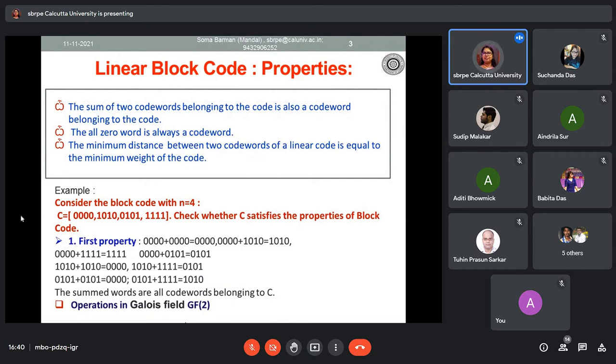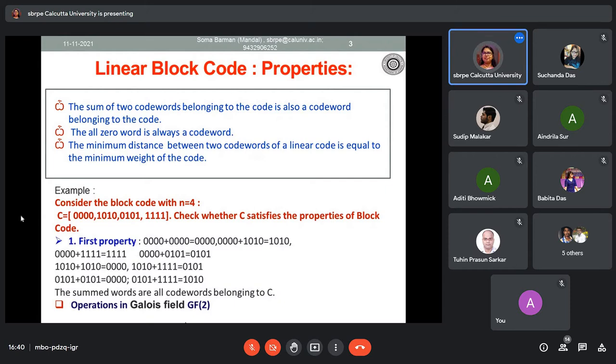Suppose the length of the code is 6, then S1 should be 0, 0, 0, 0, 0, 0. Maybe S2 will be 0, 0, 0, 0, 0, 1. Like this. Okay. And the minimum distance between two code words of a linear code is equal to the minimum